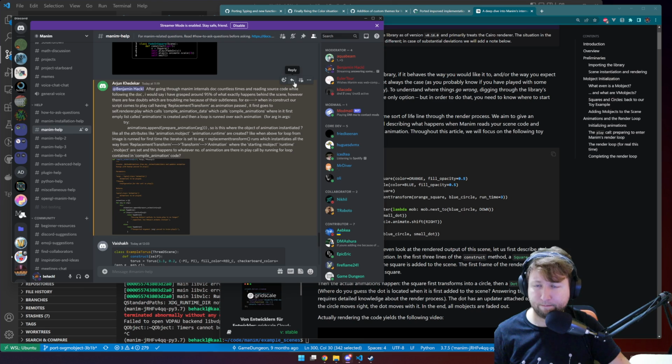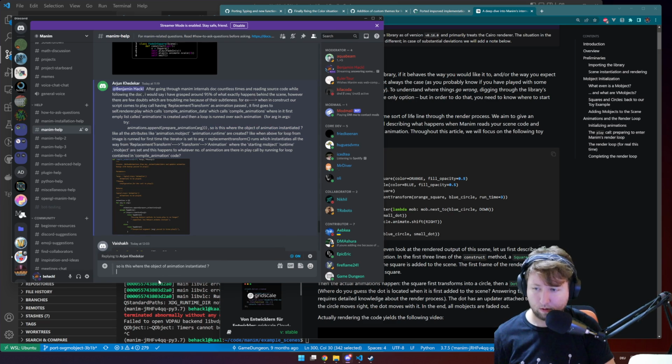No. So is this where it's instantiated? No. The objects are actually already instantiated when you pass them to the function. Object instantiation happens